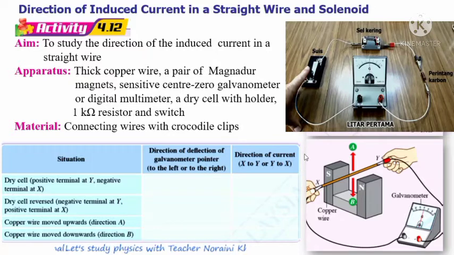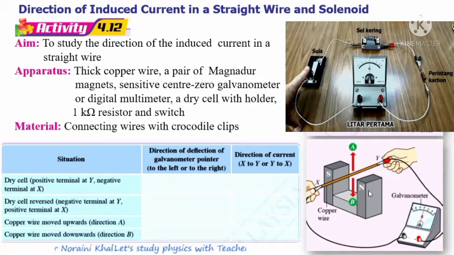How to determine direction of induced current? Let's look at activity 4.12. For the first part, we discuss direction of induced current in a straight wire. Apparatus required: thick copper wire,